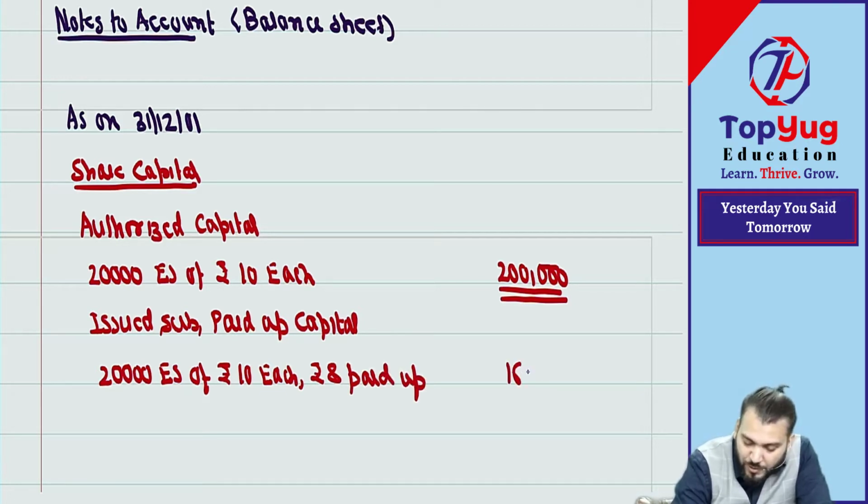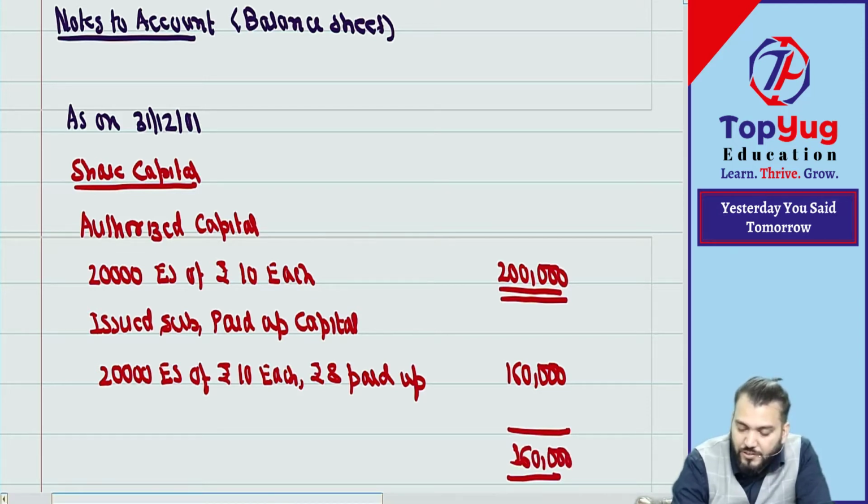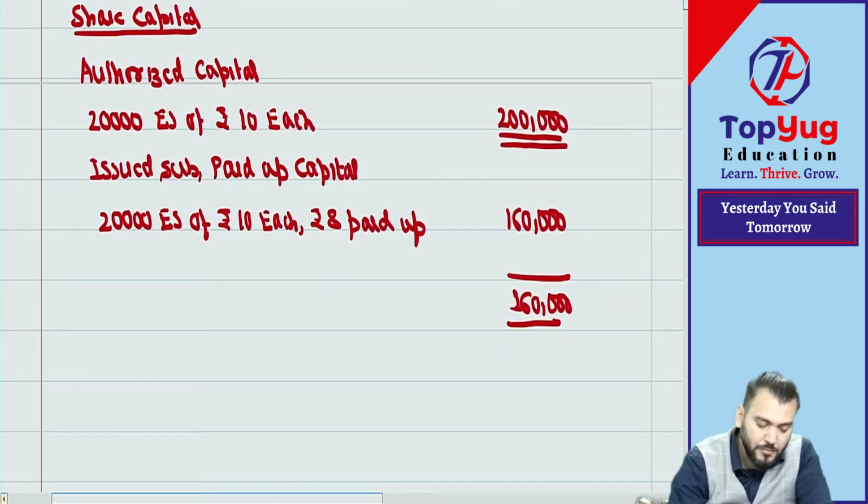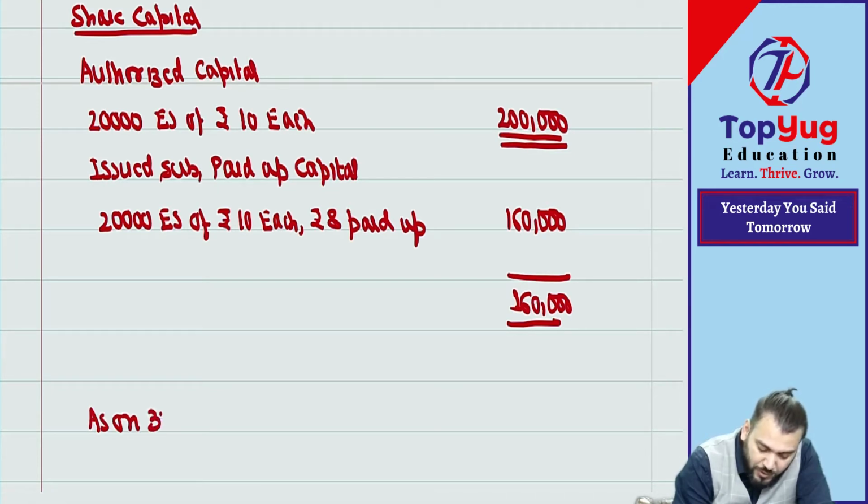And this will be how much? 1 lakh 60,000. Correct? And this will become total 1 lakh 60,000. Understood? No doubt. Then coming to the next, as on 31st 12